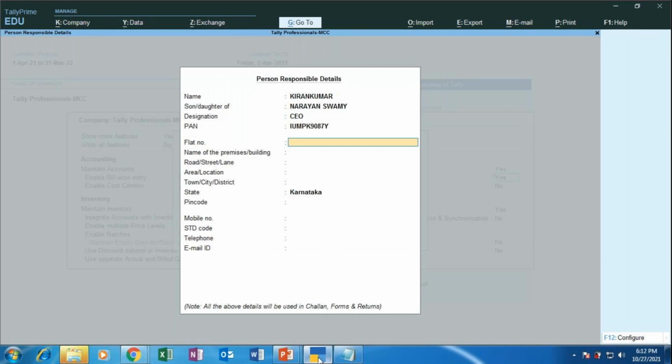So building number or flat number, name of the premises, road, street or lane, area, city, district or town,